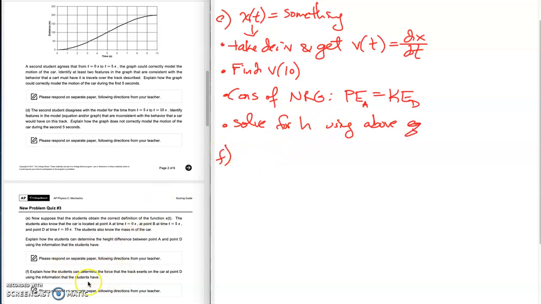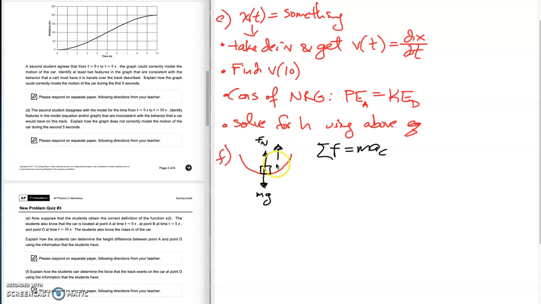Now at part F, we're at point D, and the track is exerting a force on the car. So let's go back to, I'll draw a diagram here. So we have this guy, and then we have our cart on there. And since it's moving in a circle, the acceleration is upwards into the circle. But you have to keep in mind, it still has weight out of the circle. So when we're looking at the force from the track on the car,